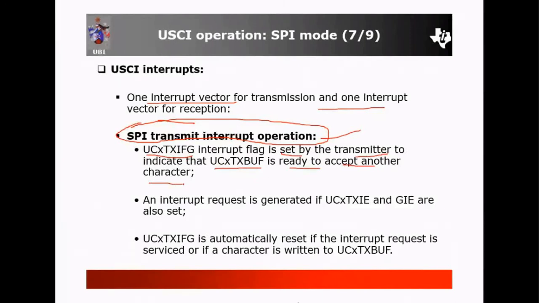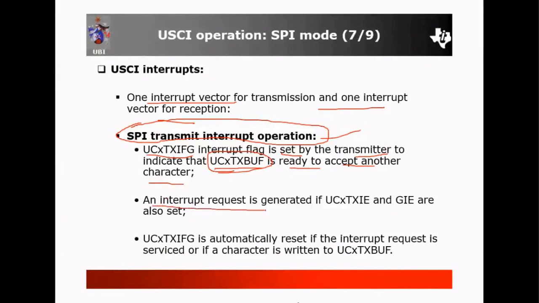For transmitting the data, you need the data first. That data will be stored in the UCxTXBUF, so first you store the data in UCxTXBUF, then you can transmit it.